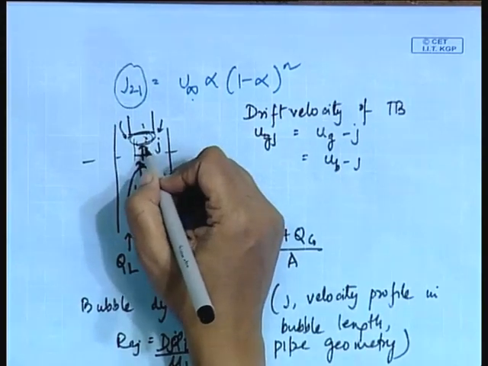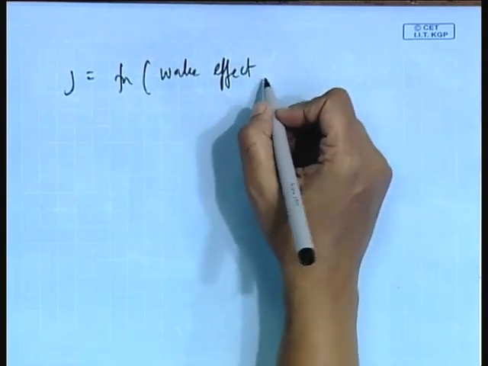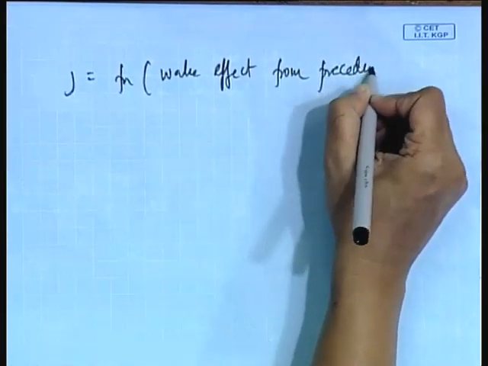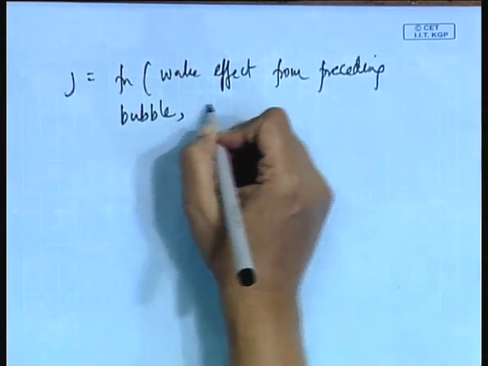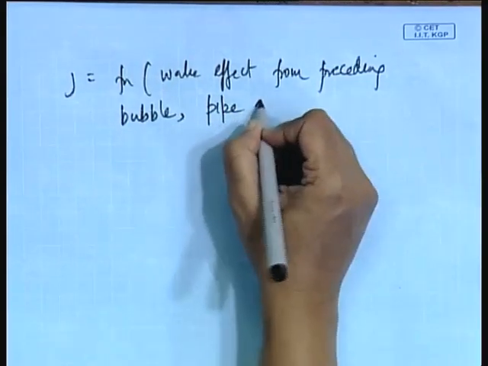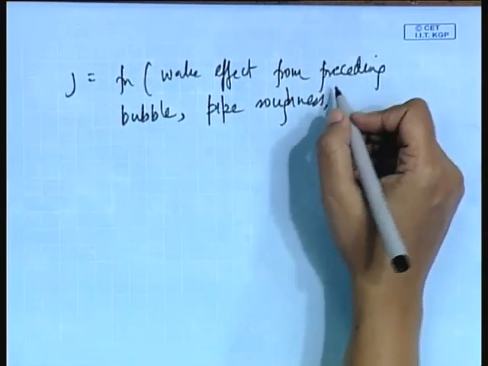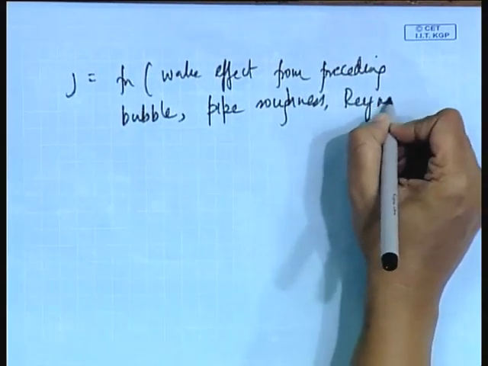So, the J with which the liquid slug is rising will be influenced by it. So, therefore, J is affected by the wake effect from the preceding bubble. Then pipe roughness, naturally, gives the wall shear and the Reynolds number,